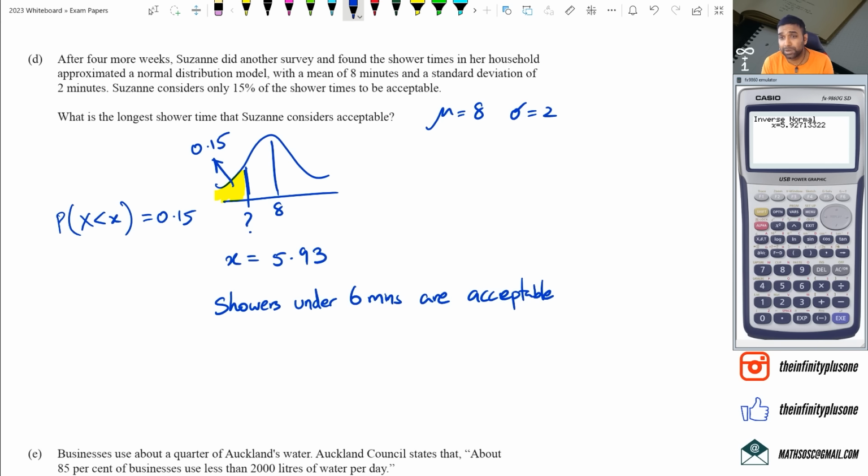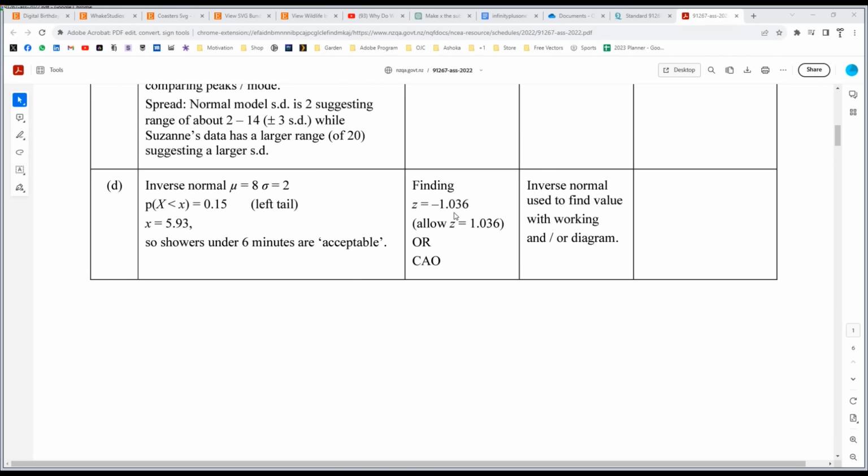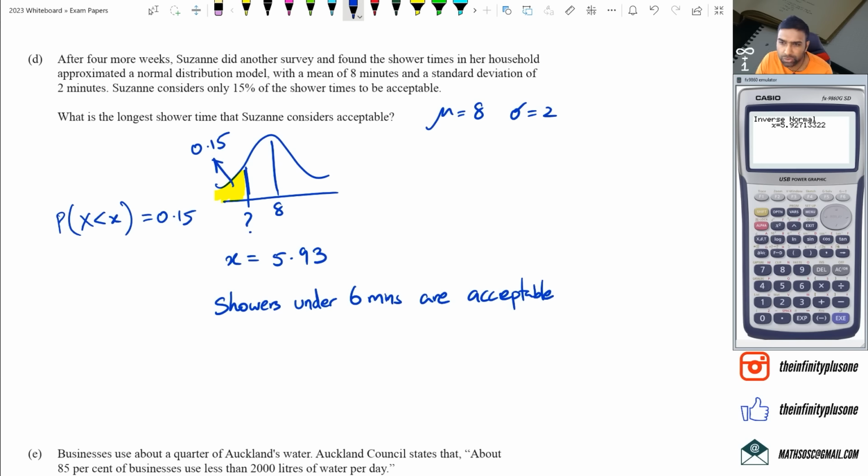Wow, that's interesting. Sorry, I just had a look at the answer schedule. Inverse normal. Okay, I'm going to have a look at this just to try and figure this out. Now, we have given the answer of 5.93, which is the correct answer only. But it says inverse normal used to find value with working and or diagram. So I guess you kind of have to show a diagram. But look, what I will do is show you guys how to get that Z value as well, right? Now, to get the Z value, what you could do is in your calculator,